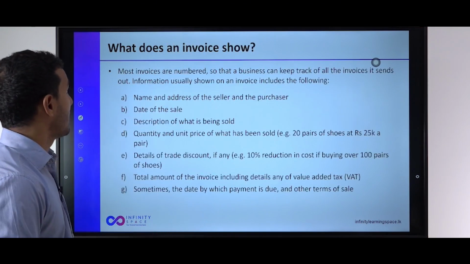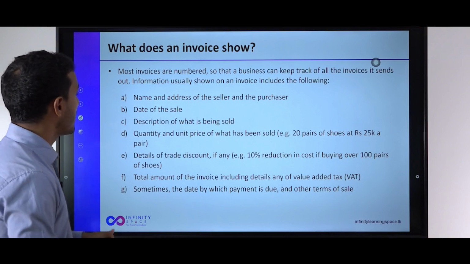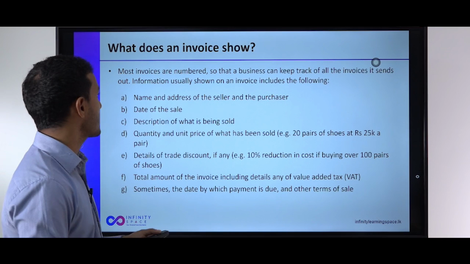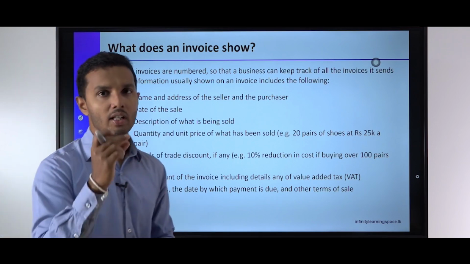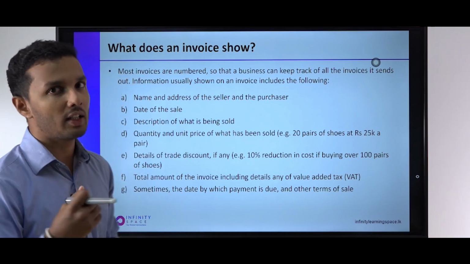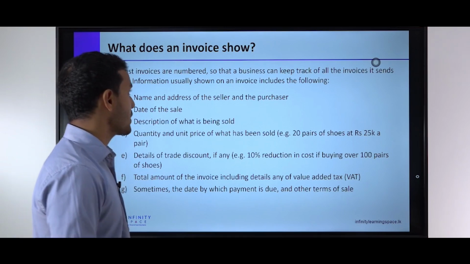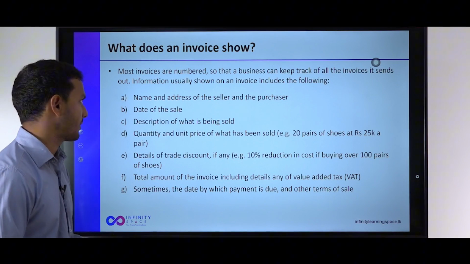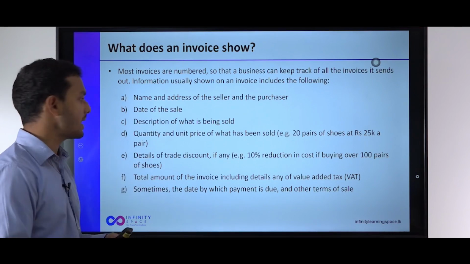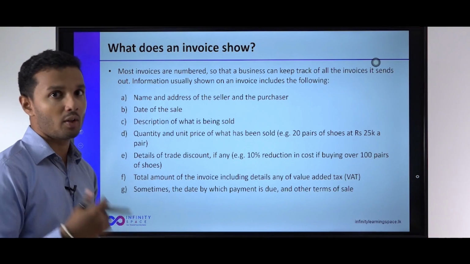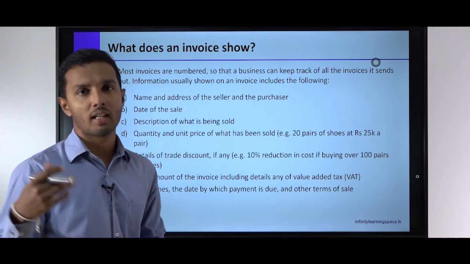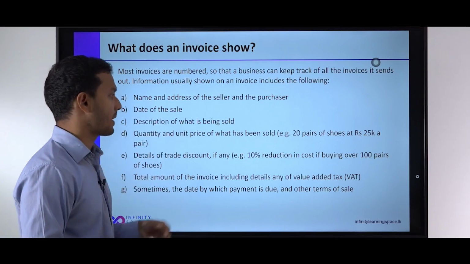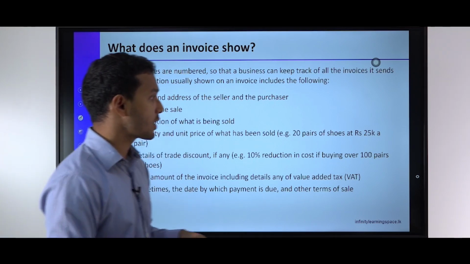Right. Then what does an invoice show? Most invoices are numbered, right? So that the business can keep track of all the invoices it sends out. So normally invoices will have a number so that it's easy to track an invoice. Information usually shown on an invoice includes the following: name and address of the seller and the purchaser, date of the sale, when did the transaction happen, description of what is being sold, what are the goods involved, is it wood, is it paint, whether it's shoes, t-shirts, whatever, quantity and unit price, how many units of the good was sold